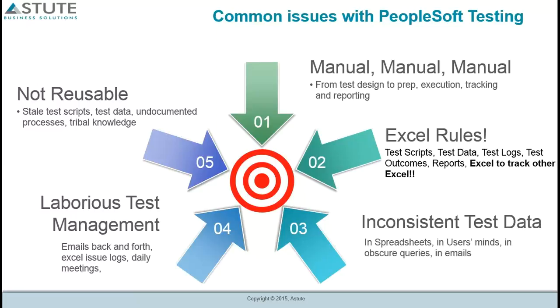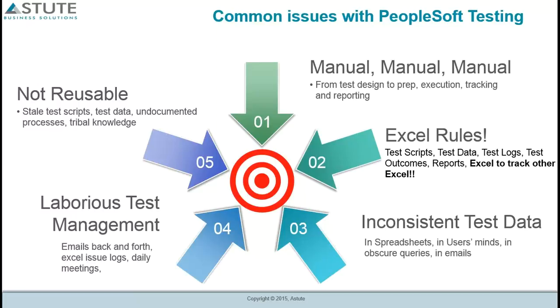It's not a lack of availability of automation tools. Neither is it always a lack of budget or time. It's just that testing has always been on the sidelines and it has been an afterthought in many cases. And customers have just managed to get by with manual testing. And with that manual testing, there are significant challenges that are now coming to the forefront because of 9.2, mainly because of the upgrade and the fast pace of change that you're getting with PUM updates. It's very resource intensive. It's very costly as a result, whether you're using in-house employees or external consultants or managed services, there is a high cost associated with that.